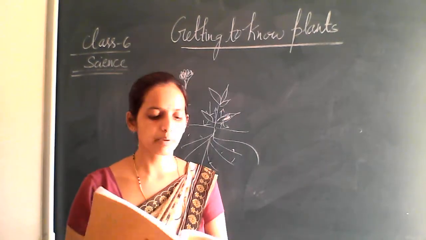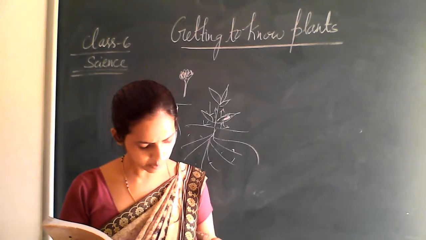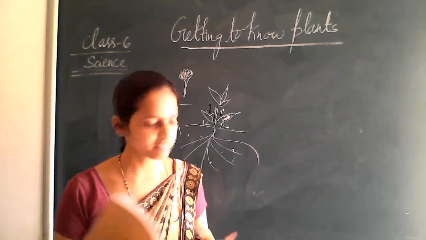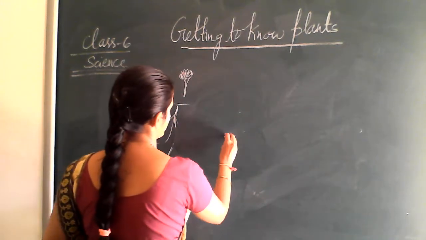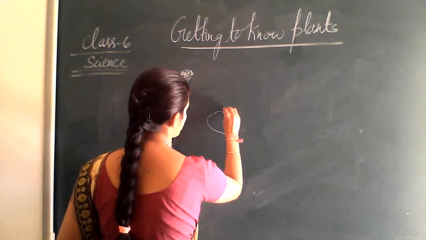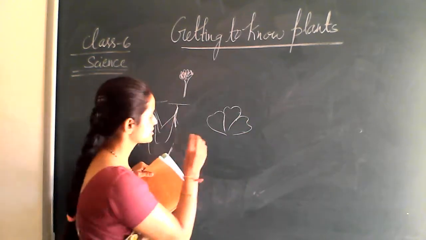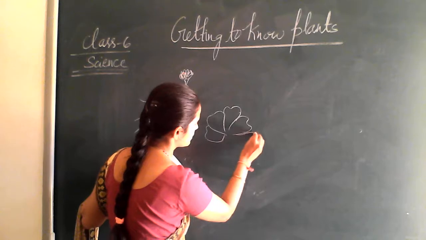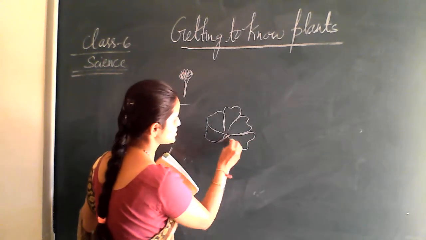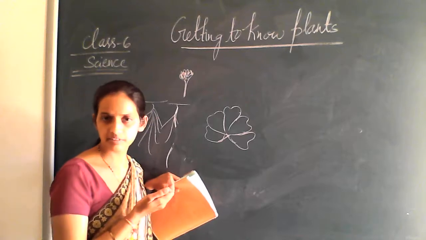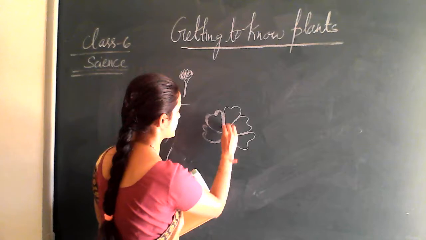So what are the different parts we are going to see? Look at the prominent parts of the open flower. If it is your flower, generally we draw the flower like this, right? So your hibiscus flower, generally we call it a dashar, right? So this is your flower, right?